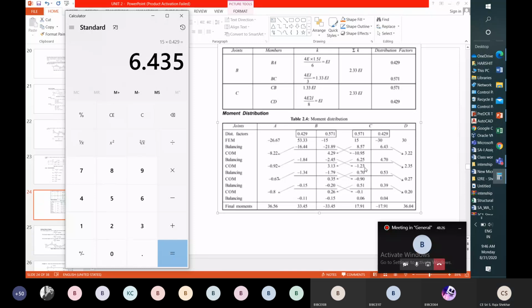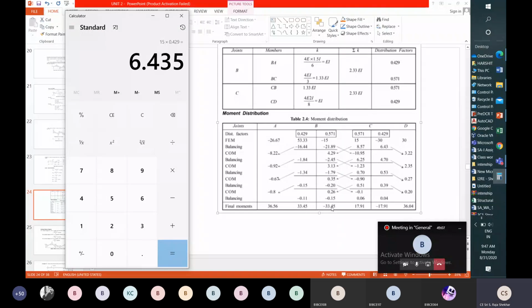Like that we have to repeat these procedures until sigma MB must be equal to 0, sigma MC must be equal to 0. ఇవి రిపీట్ అయ్యే వరకు మనం సాల్వ్ చేసుకోవచ్చు. Or this value 0 అయ్యే వరకు కూడా మనం సాల్వ్ చేసుకోవచ్చు. బ్యాలెన్సింగ్ మూమెంట్ 0 అయ్యే వరకు కూడా ప్రొసీజర్ మనం రిపీట్ చేయొచ్చు. Okay, like that after calculation of final moments, here we will get